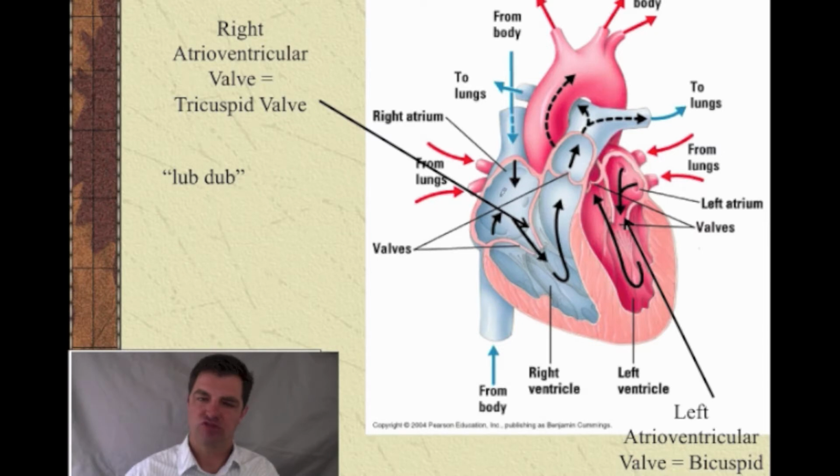So there's 2 atria. That's the right atrium, and that's the left atrium over there. Even though that's the right side of the picture and the left side of the picture, you have to always think about this as the patient's right and left. So this heart would be a person, for example, standing facing you, and you would be looking at